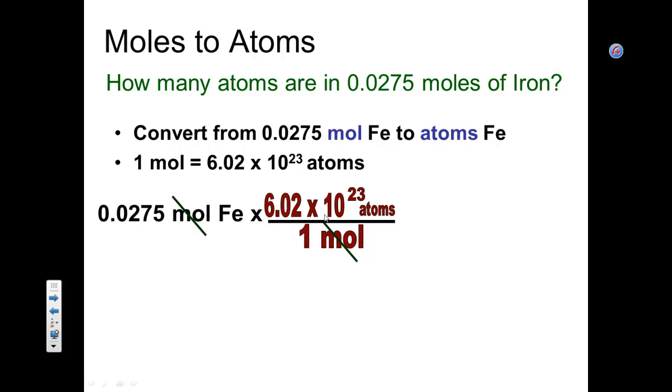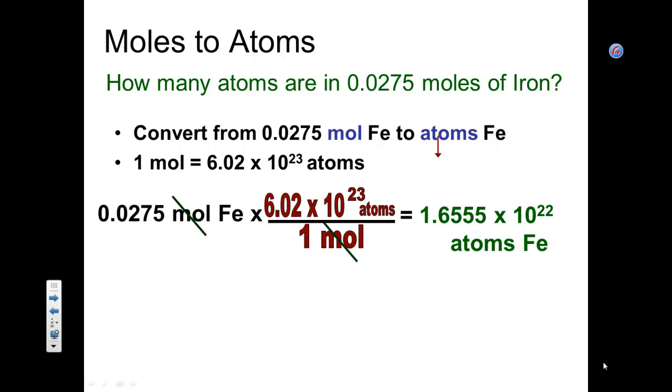When you enter times 10 to the 23rd in your calculator, it's good to use, if you have it, an EXP button or an EE button to signify 10 to the 23rd. When you enter that in and multiply it out, you should get 1.6555 times 10 to the 22 atoms of iron, but you can see that our starting value has only 3